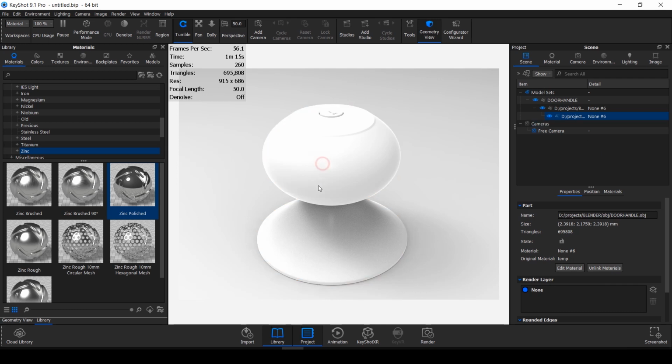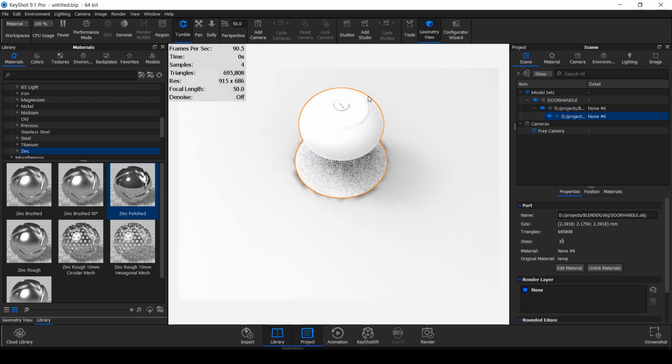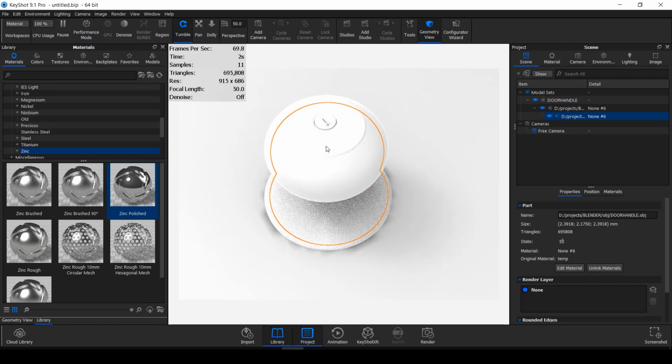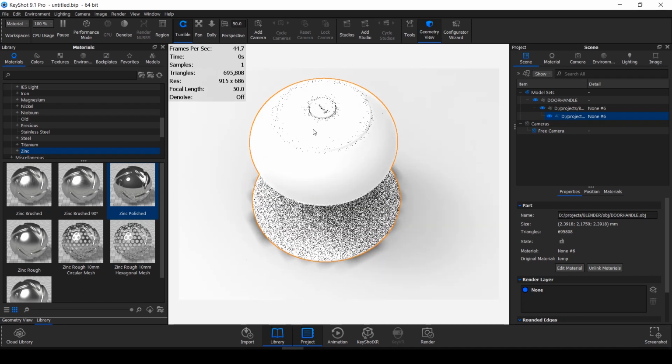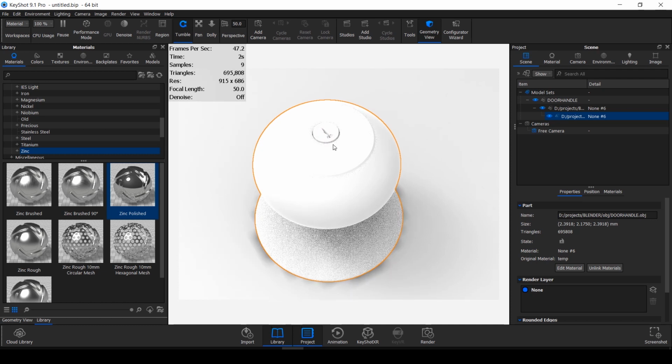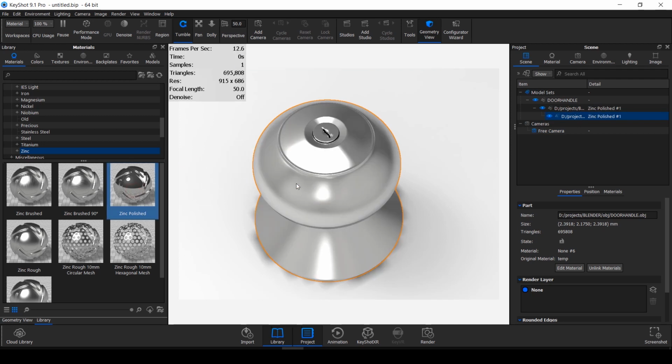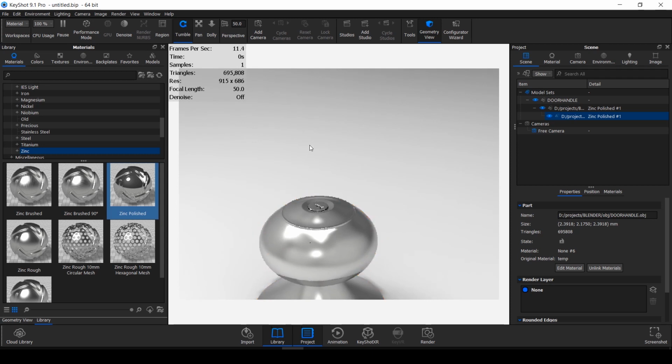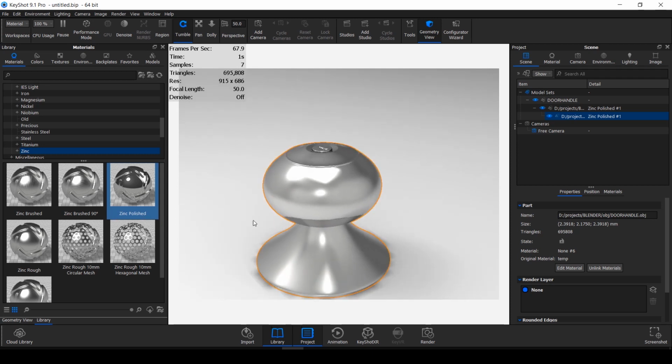Now, suppose I want to assign different material to different objects and surfaces. I have modeled this door handle in Blender, and I know that this door handle contains two different objects. One is this handle and other is this key slot. But KeyShot treats both the objects as a single object. As you can see here, I have only one object. Now, if I simply drag and drop any material on this object, you can see that the whole object acquires this material, which is zinc polished in our case.